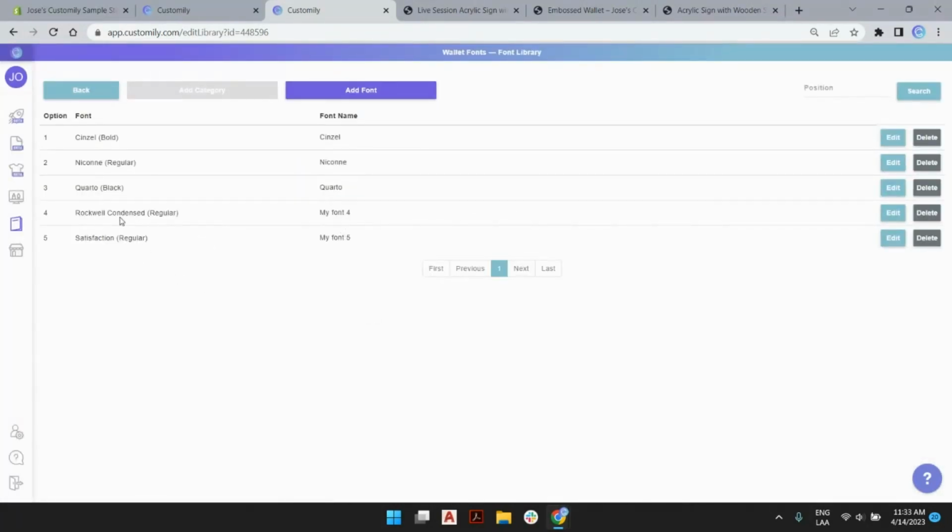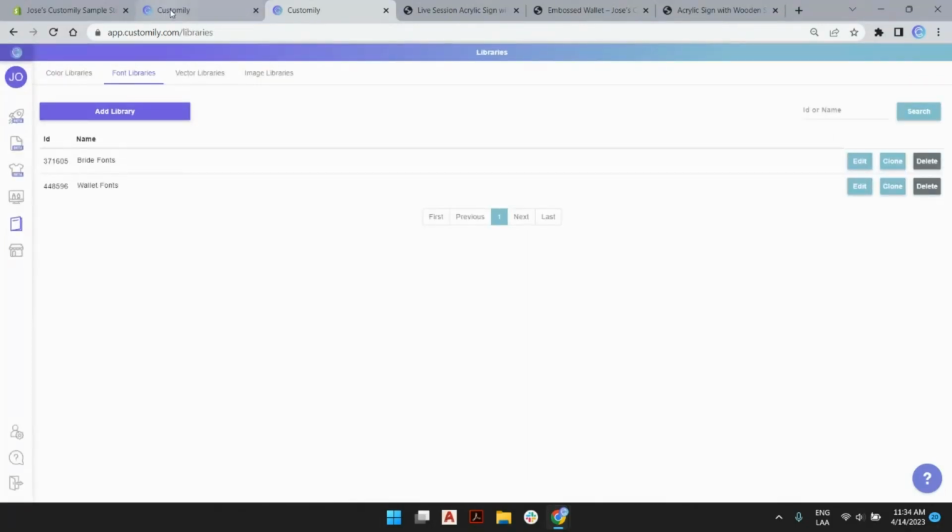Fonts by default will show the file system name and a default name, because you never know what the system name was saved with. But you can double click here and change this to Rockwell, for example, and this one can be changed to Satisfaction. It's very important to change this because this will show on the front end later, and it's really nice looking when you have these nice tooltips coming up. So now that we have this font library ready to go, we will go back to our template